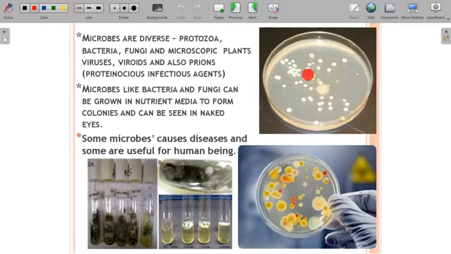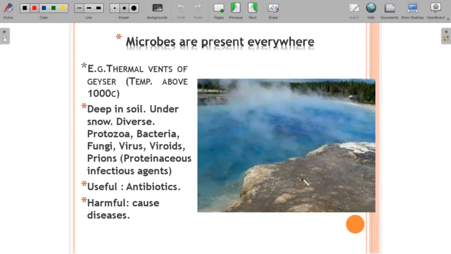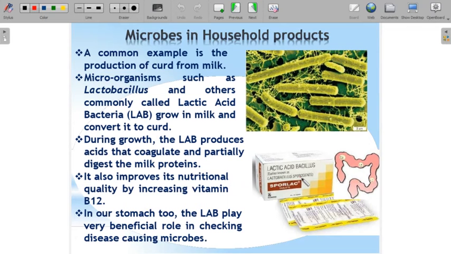This is called a streak plate culture, where we are culturing microorganisms. This is a slant culture. This is nothing but the medium in a test tube in slant form, where we inoculate the microbes. This is called a plate culture, where we have a small petri plate into which we pour nutrient-rich agar media, which helps us grow the microbes. When school starts, we can grow microbes in our laboratory also, and I'll tell you how to identify and categorize colonies. So microbes are everywhere, and we obtain a lot of benefits from them. Where all they can be used is what we are going to focus on first.